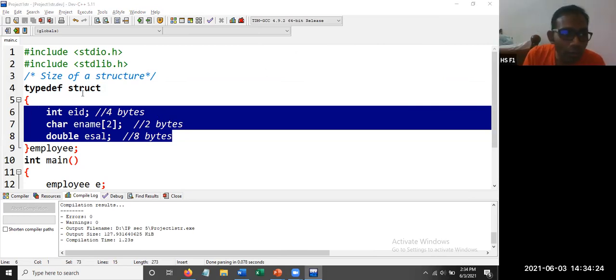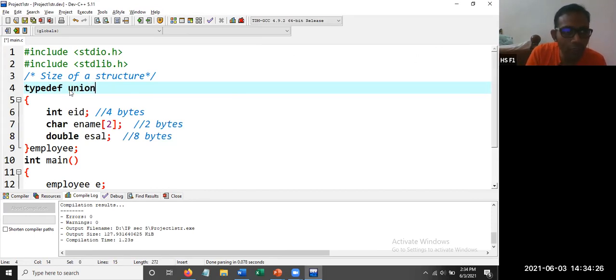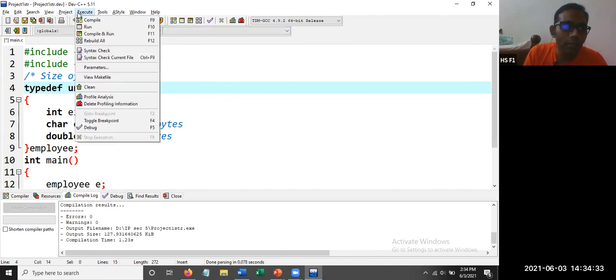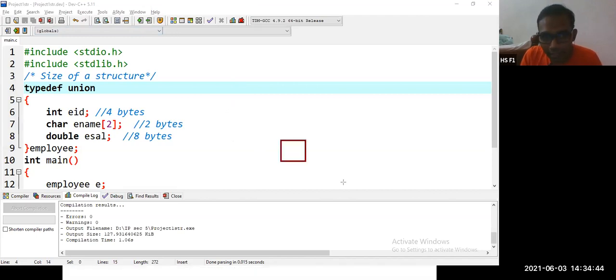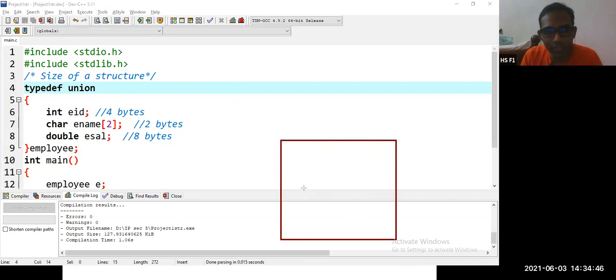And what about union? It is taking the maximum size, the highest one. So by seeing this example, can we say that a structure will have separate memory allocation? For example, this is a structure.